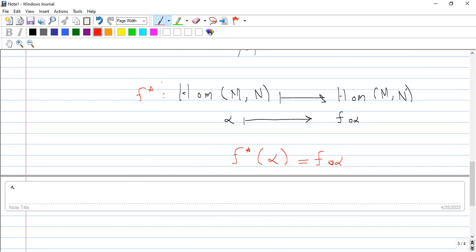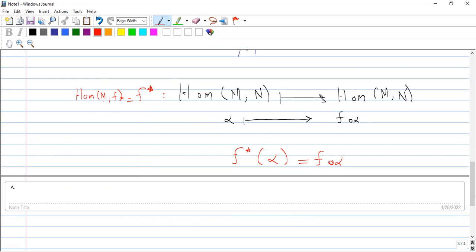So since this map F star is depending on F, that's why I linked it with F star. You can write it with something else as well. In some places it is also written as Hom of M, F, because again this notation is a bit natural, because now it shows you that this map is inducing from F star, because here I am computing the outputs with the help of F,